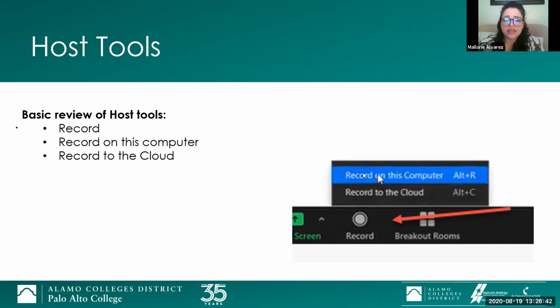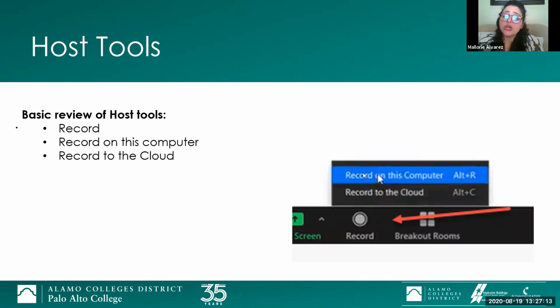So just real quick, I'm going to take some time right now to see if anyone has a question. So let me go back into the chat. Hey, Mallory, there's one question I didn't know how to answer. Yes, go ahead. It was from William Vasquez, I believe, and he asked, do students have to set up a Zoom account ahead of time before they log on to the meeting? And I was not sure about that answer.